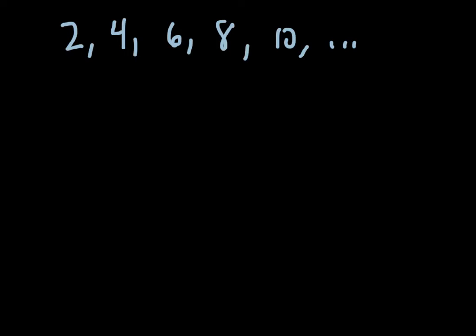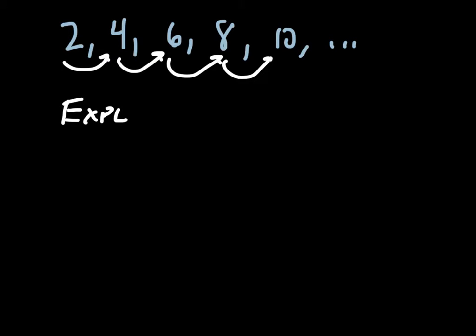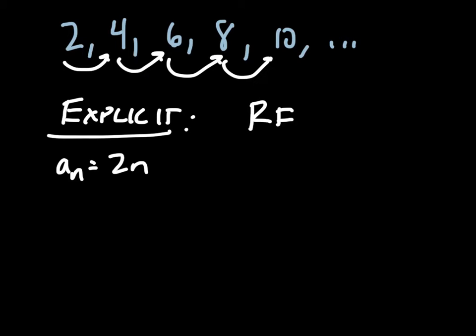So we have an arithmetic sequence. Every time you're adding 2 to it. So there's two different formulas I could write. I could write the explicit, which is what we've written before, and the explicit one is a sub n equals 2n. Now, that's going through the process where he gives you the formula. The difference is, for the recursive,